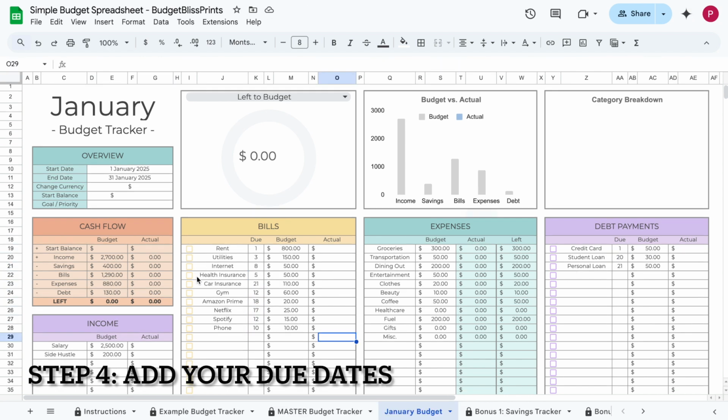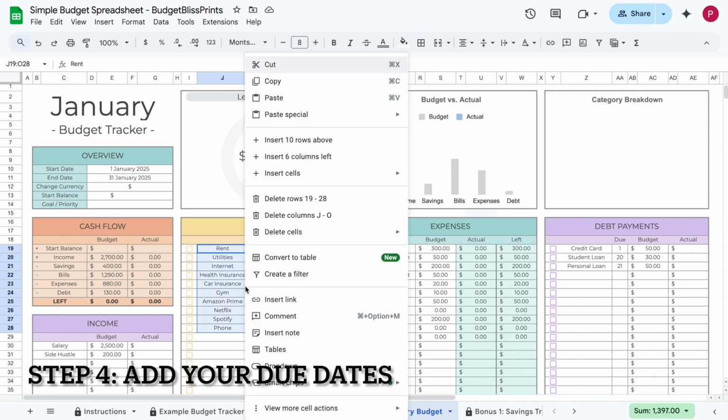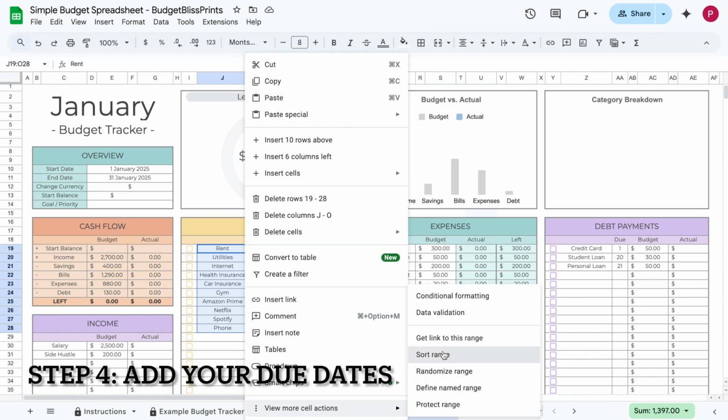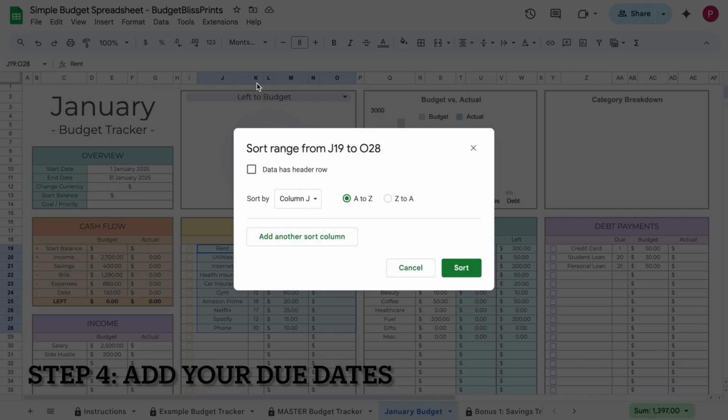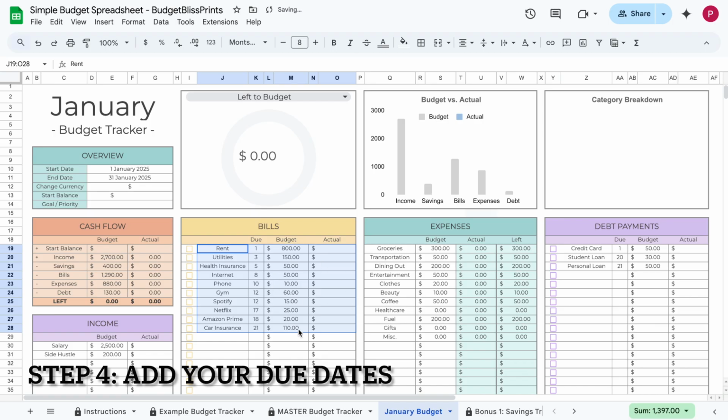Now, here's a helpful tip. If you've already entered your bills but realize they're not in chronological order, don't worry, you can easily sort them. Here's how. Click on the top bill field, hold down the Shift key of your keyboard, and then click on the bottom bill field. Now right-click and select Sort Range. Choose to sort by the due date column, and then click Sort. And voila! Your bills are now sorted by due date, so you can see at a glance when each payment